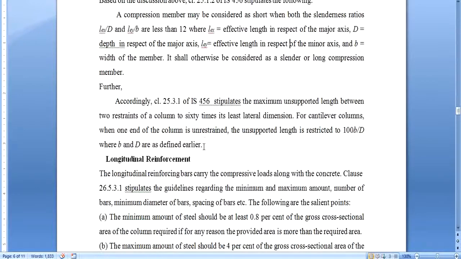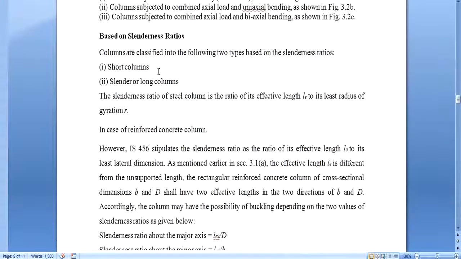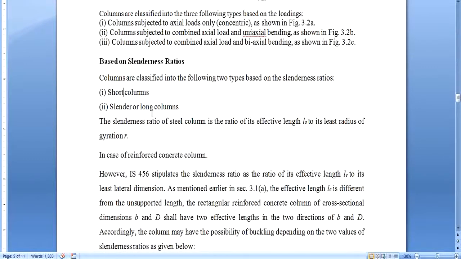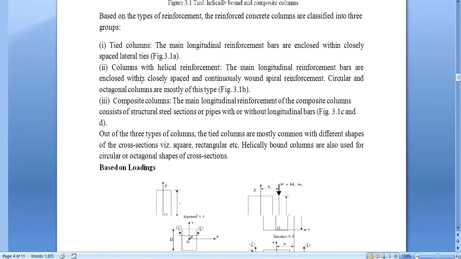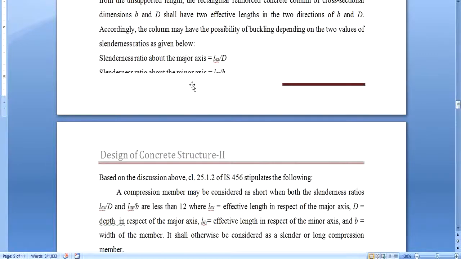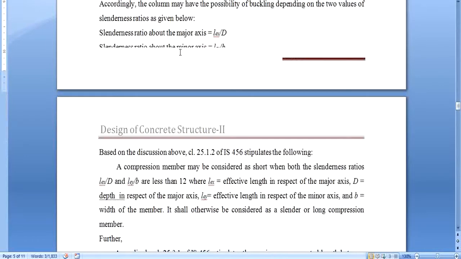Again, this is about the types of column. Among these types, the short column is in our scope. In your syllabus they specifically mention short columns, for axial and eccentric loads. So we are going to consider axial and eccentric loads for the design of short columns. This is an axially loaded member and these are eccentrically loaded members. In case of short columns we are going to consider both. Specifically, in the next session we are going to study the design of short columns.